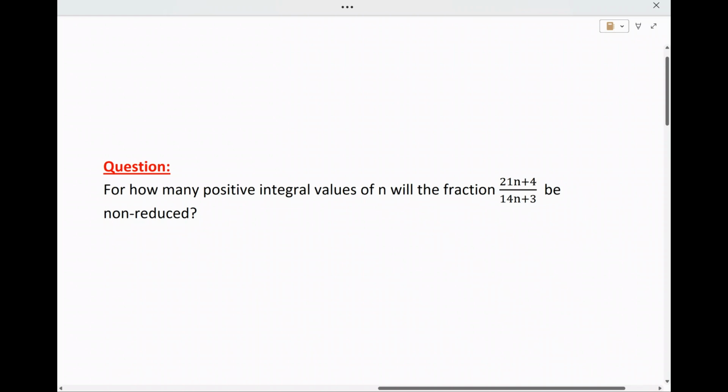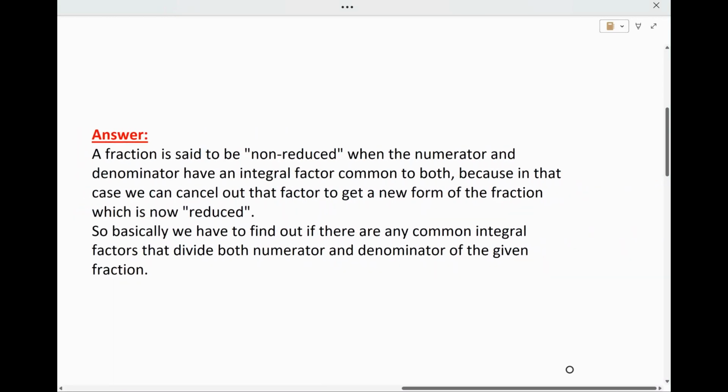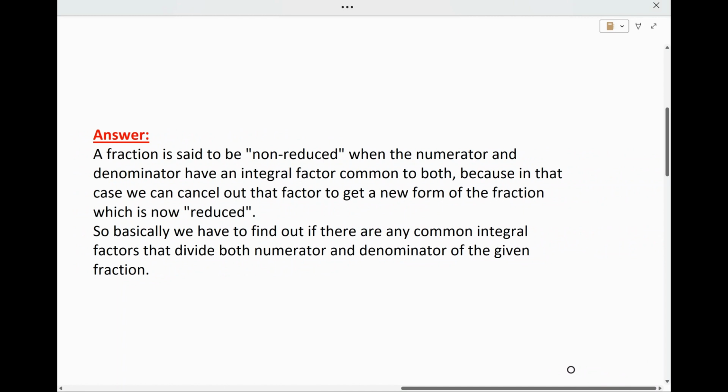Question: for how many positive integral values of n will the fraction (21n + 4) divided by (14n + 3) be non-reduced? A fraction is said to be non-reduced when the numerator and denominator have an integral factor common to both, because